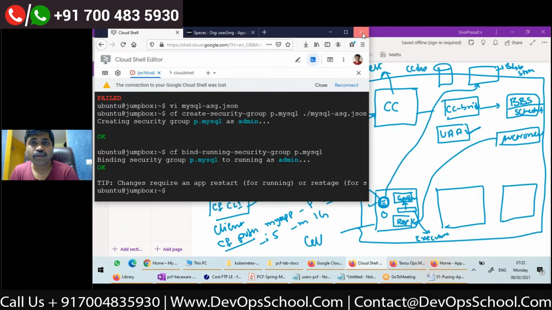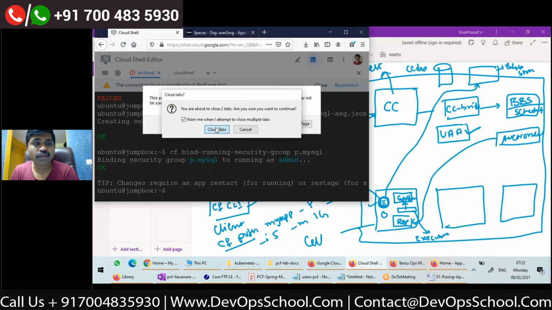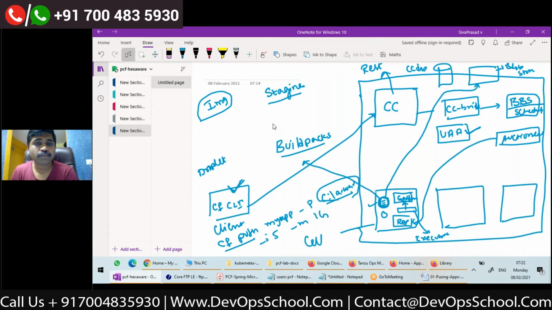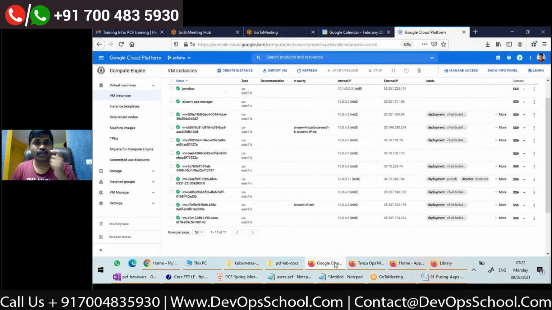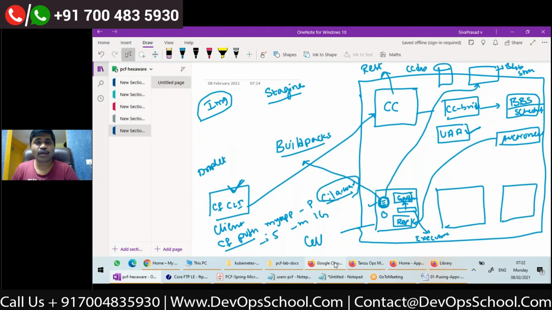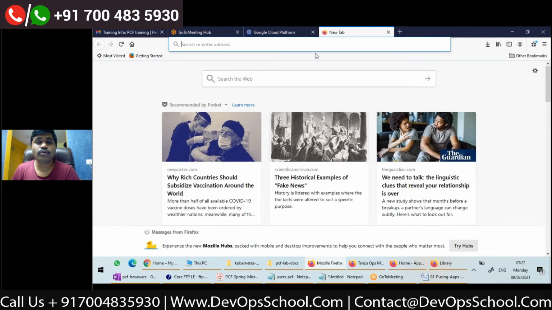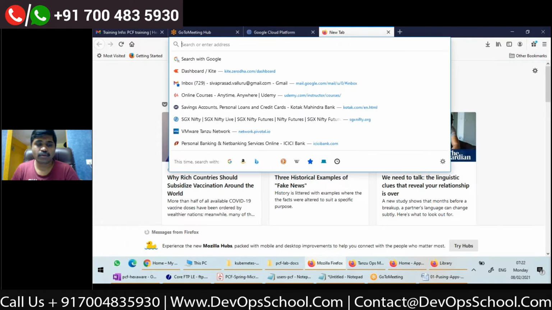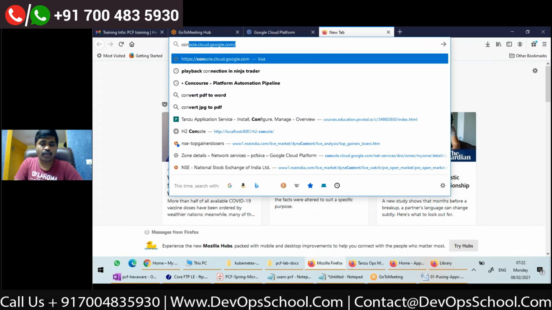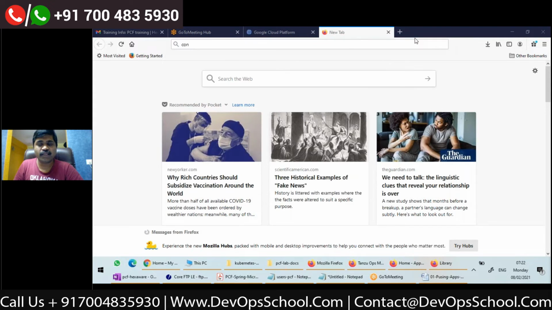Okay. Now I'll do a small thing. I have a Google Cloud account and I have installed everything on it. So how to go to the Google Cloud account? It is console.cloud.google.com. I'll just paste it in the chat window.